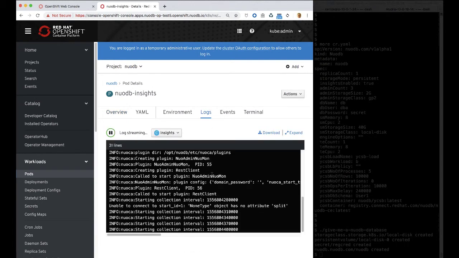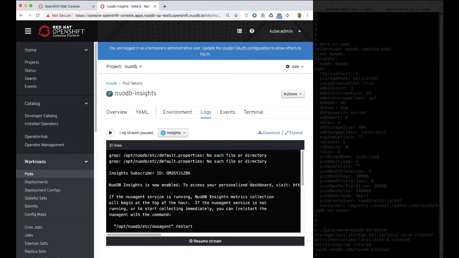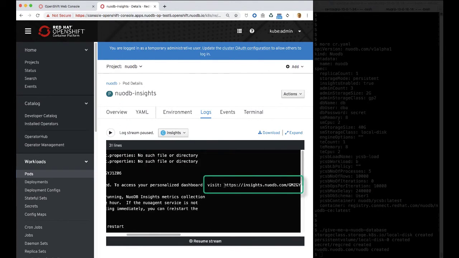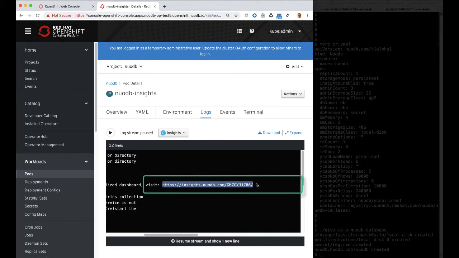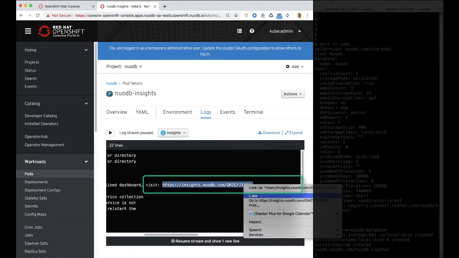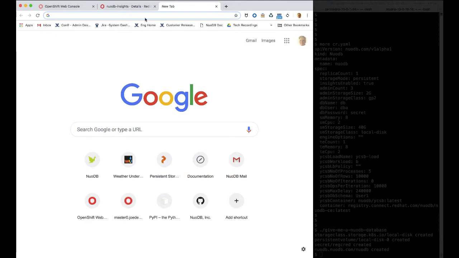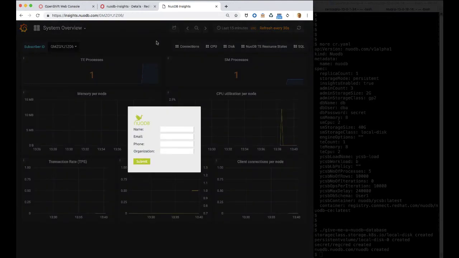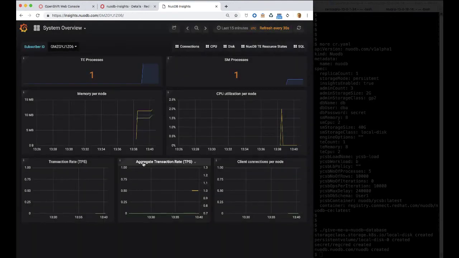By clicking Logs, we'll find the link to NuoDB Insights for our deployment. I've selected the link. I'm going to paste it into a new browser window, enter my credentials, and now I have a visual monitor, NuoDB Insights, that is monitoring my